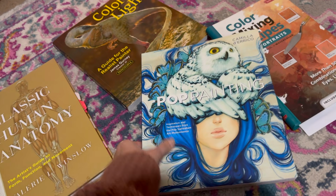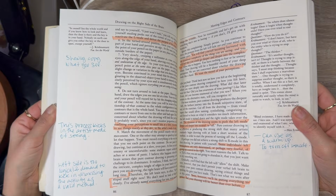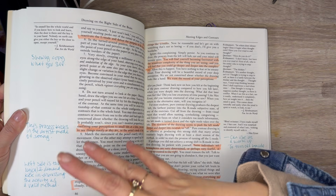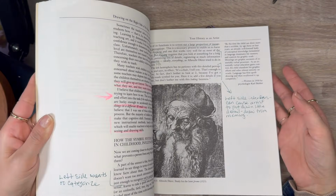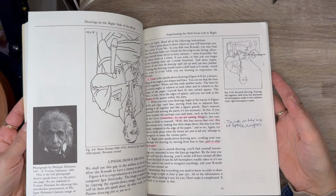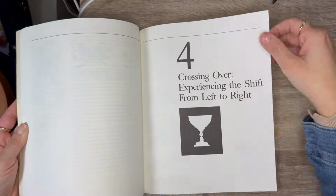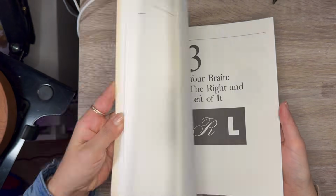This book is one of the best books in terms of teaching you how to draw and the whole mindset that you need and how to unlock the right side of your brain. And there are some exercises in here that you can do in order to achieve that,